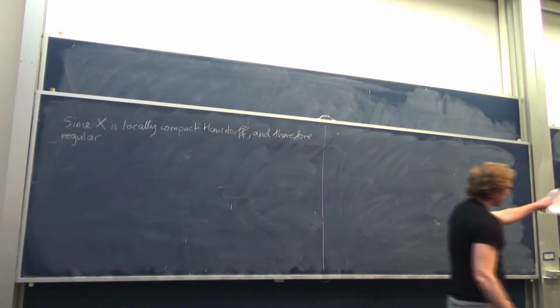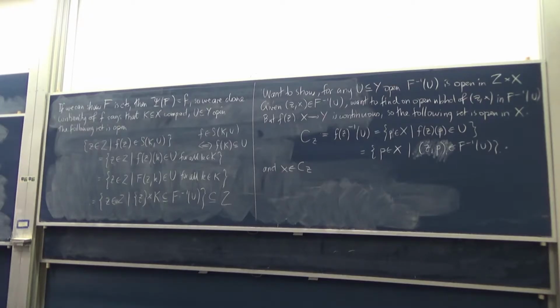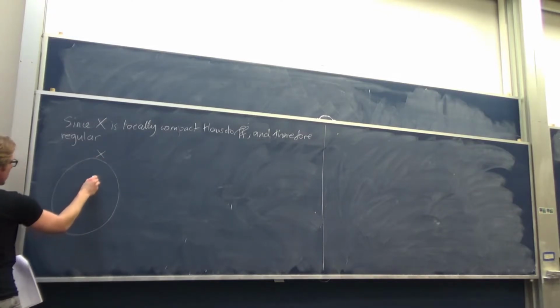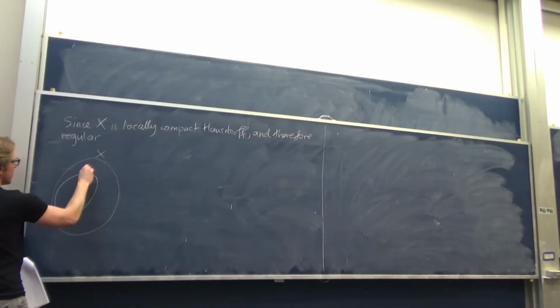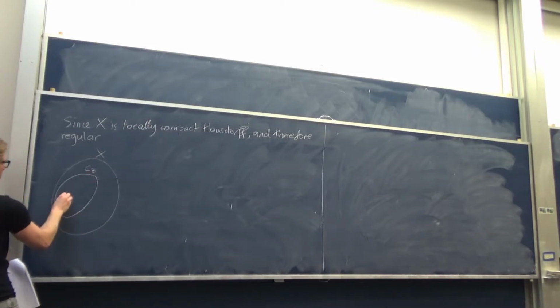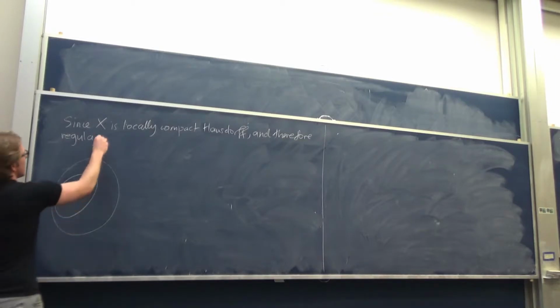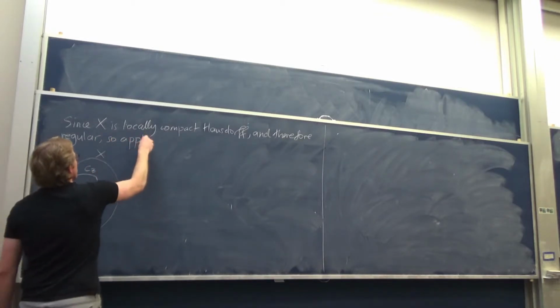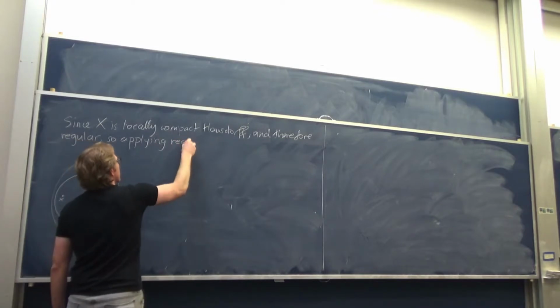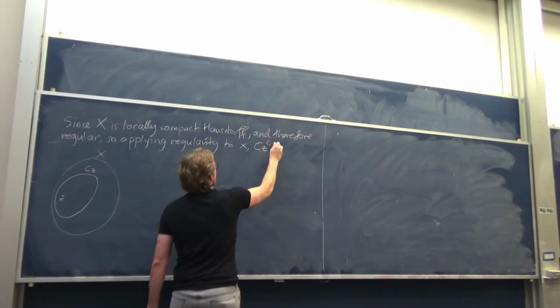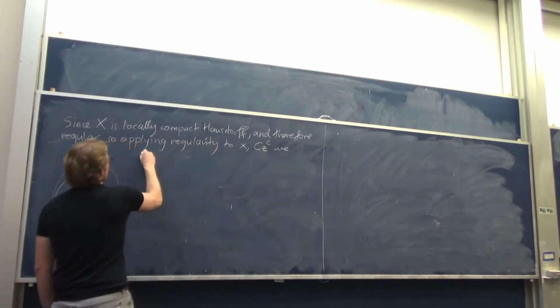My closed set is C_z complement, and my point is obviously x. So there's x, here's C_z. Applying regularity to the pair x, C_z complement, we obtain